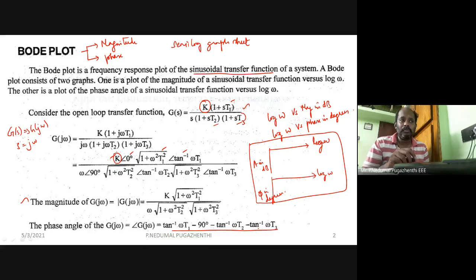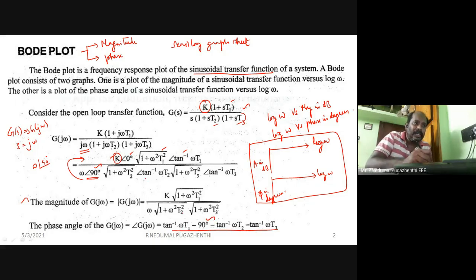So if we try to understand, this is j omega. J omega magnitude is going to be omega, and the angle is tan inverse of omega by infinity. Omega by infinity is omega by 0. Omega by 0 is infinite. So tan inverse of infinity will be 90 degrees. So you can see that the magnitude is omega and the angle is 90. This is in the denominator part. If I take it to the numerator, omega becomes 1 by omega and 90 becomes minus 90. That is why you have a minus 90 here.